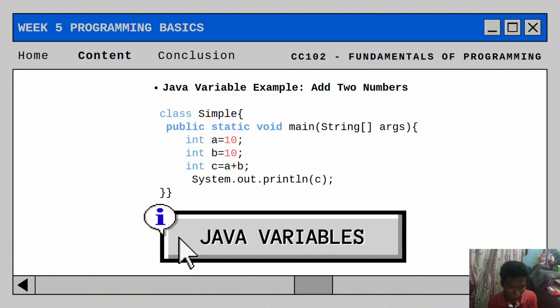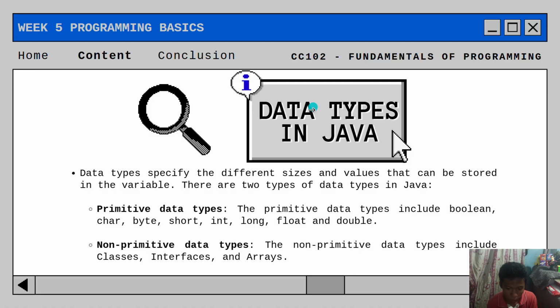So let's look at a simple Java program that adds two numbers. So when you run this program, the output will be 20. It's a basic but powerful example showing how variables hold values and perform arithmetic operations. Here, it takes A and B and adds A and B together. So the answer, A plus B, is equal to C. So the output will be 20. It's a simple program, just math. It is a simple program that adds two numbers.